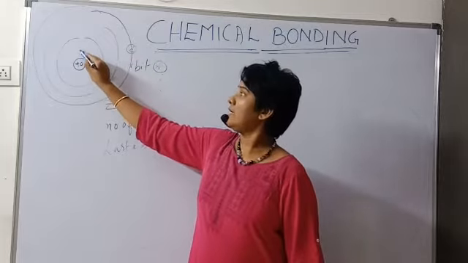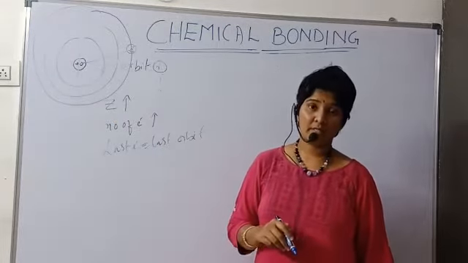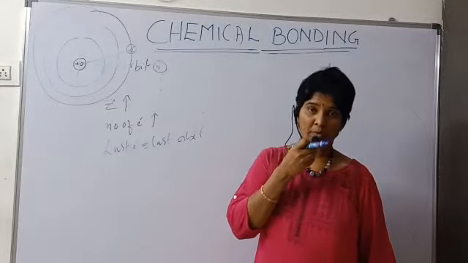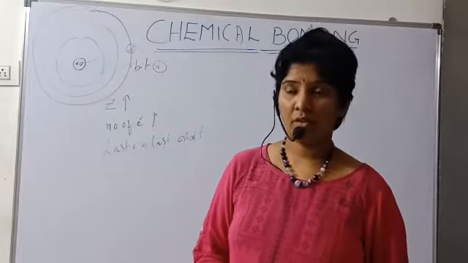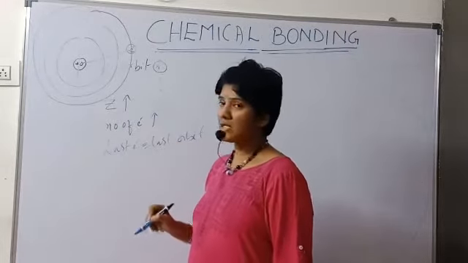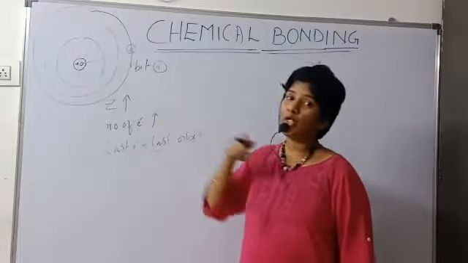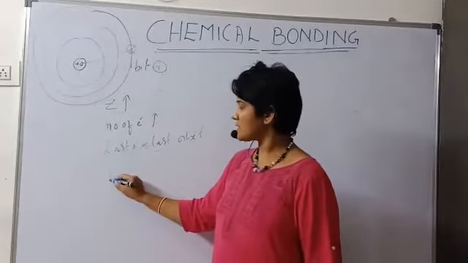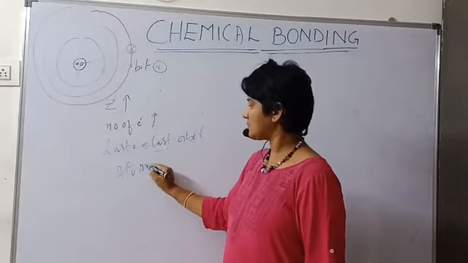And the distance from the center of the nucleus to this last electron is known as atomic radius, which is the first periodic property you have learned in the periodic table. So as atomic number increases, the number of electrons increases, then the last orbit moves away from the nucleus. So thus what happens, the atomic size